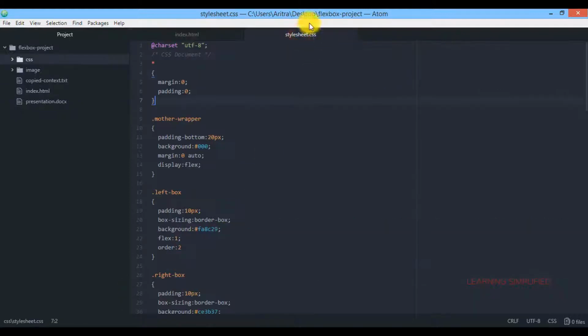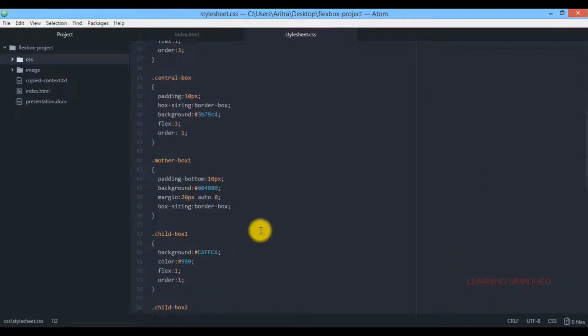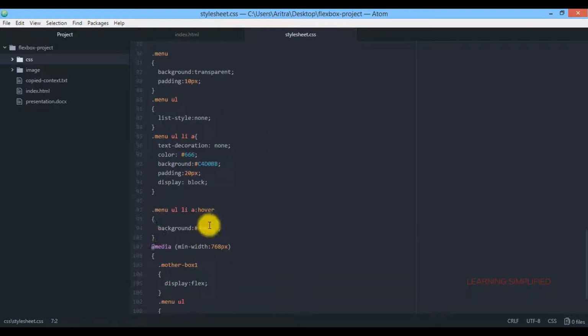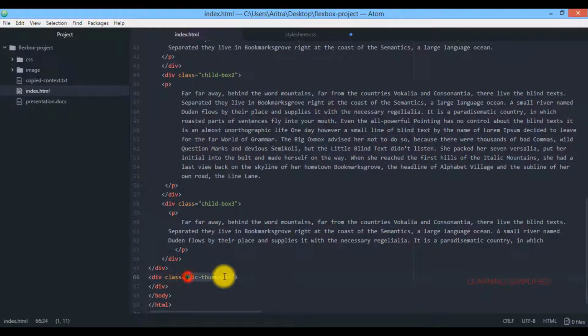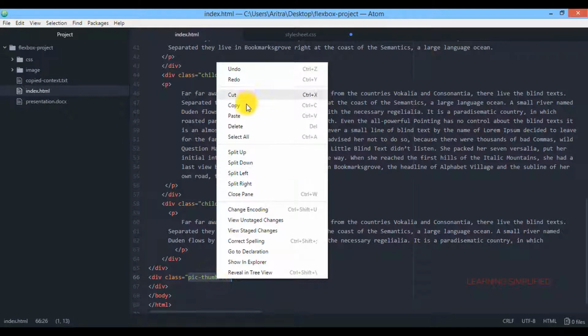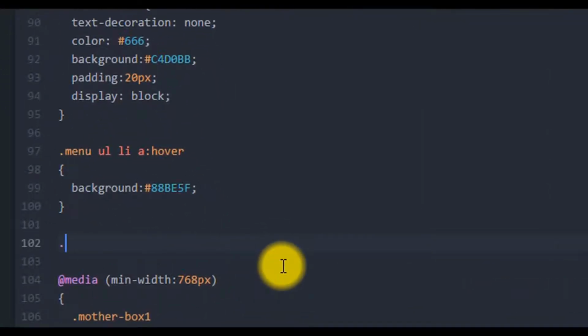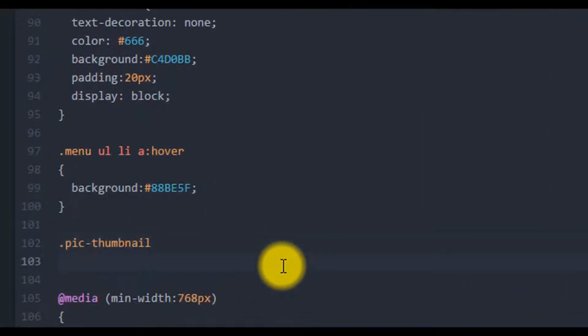So I am going back to stylesheet.css, and inside this stylesheet.css I am now creating, as I have told you previously, always copy things and paste them to avoid any kind of error. So I'm going to copy this class name from here, and inside this stylesheet.css we are going to create pic thumbnail.